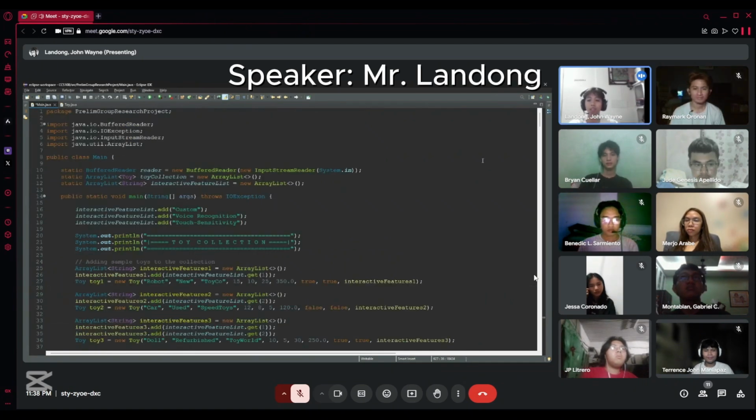And that concludes our presentation on the Toy Manager program. We have covered its key features, demonstrated its functionality, and walked through its implementation. Through this system, users can efficiently manage a collection of toys by adding, removing, searching, and filtering based on various attributes. We hope this presentation has provided a clear understanding of how the program works and the logic behind its design.